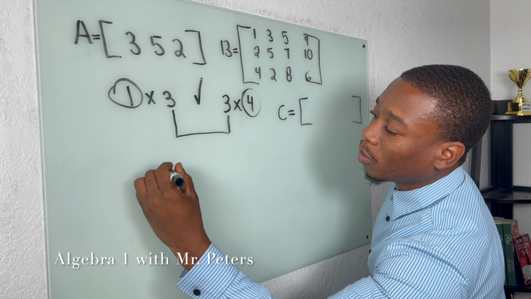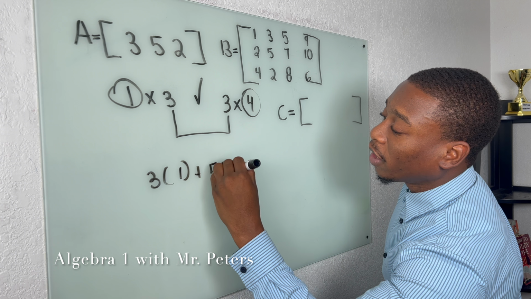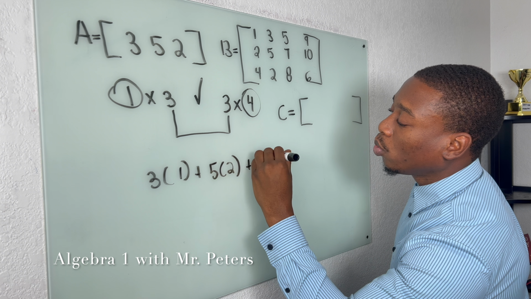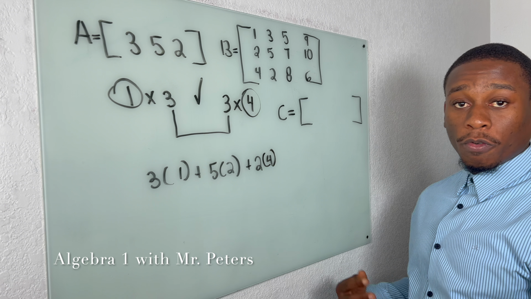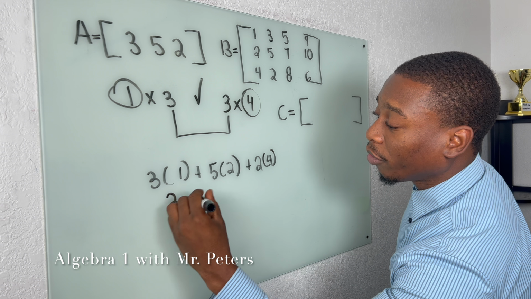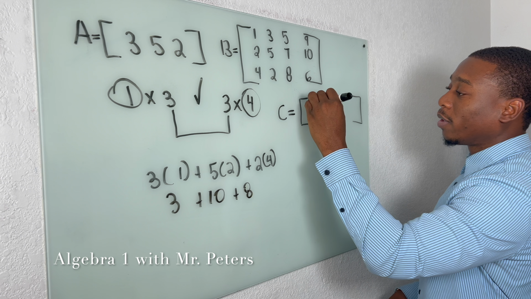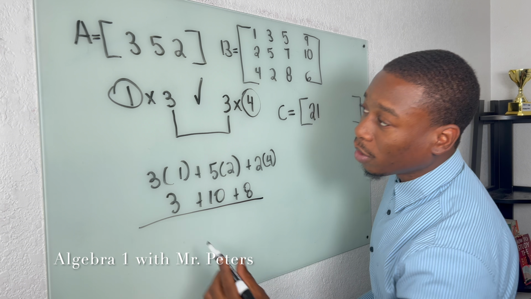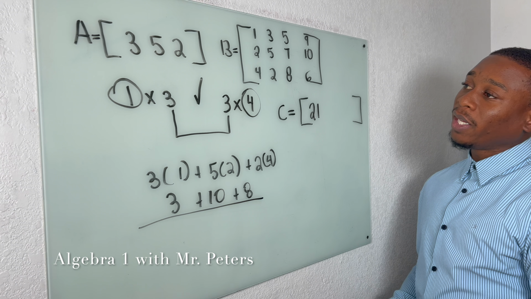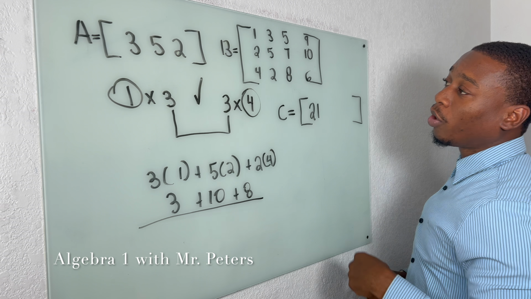So when we set this up, we're going to do 3 times 1 plus 5 times 2 plus 2 times 4. All right? So this is going to be in the first row, first column. So we'll have 3 plus 10 plus 8, and we're going to get the answer of 21. So that's the first one. Now, when we repeat this process, luckily for us, we only have one row. We're just now going to move over